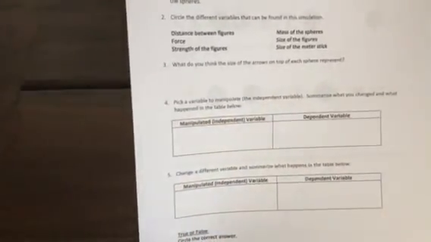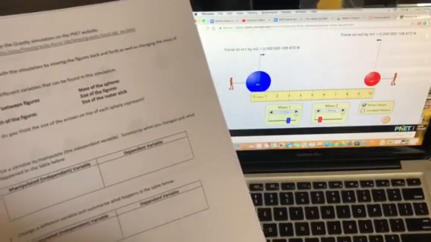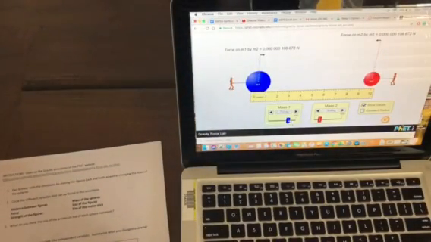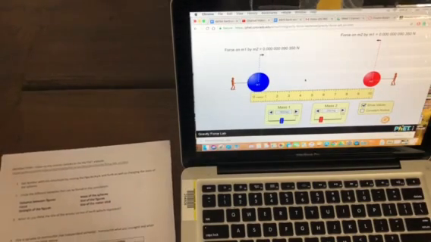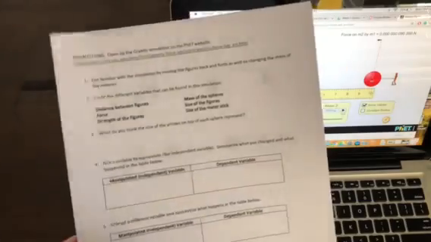So the manipulated variable in this first one, we'll do it together. Let's say, so right here as our mass, let's change this guy's mass to 500. And I can get it to about 505 by moving this, but then to get it exactly 500, I can use these tab over arrows and get it exactly on 500. So this guy's mass, the blue mass, is 500. So let's change this one to, let's say 250. And I got it to 266, so now I'm just gonna tab down to 250. Okay. So if my manipulated variable is making the mass 500 and 250,